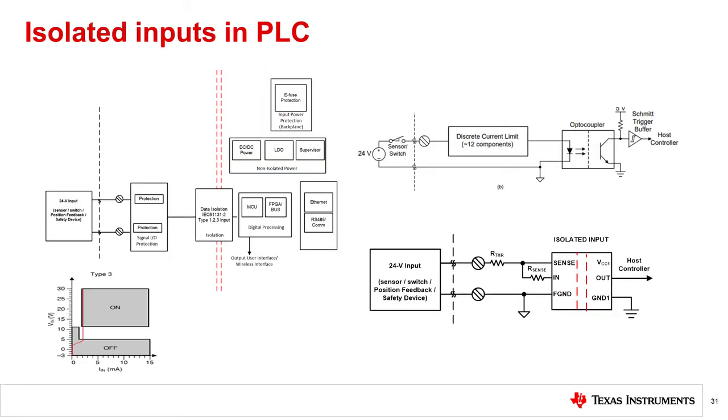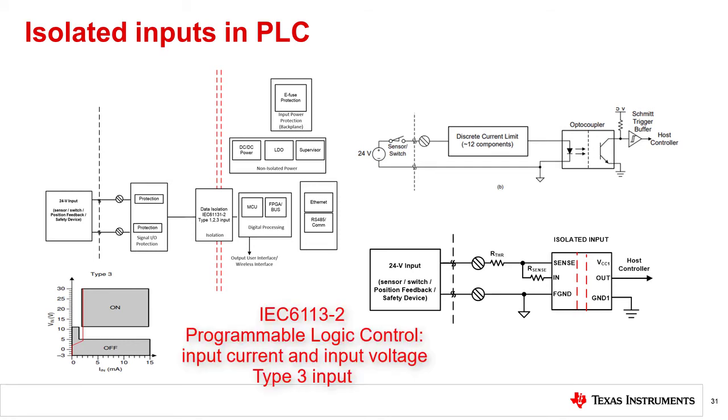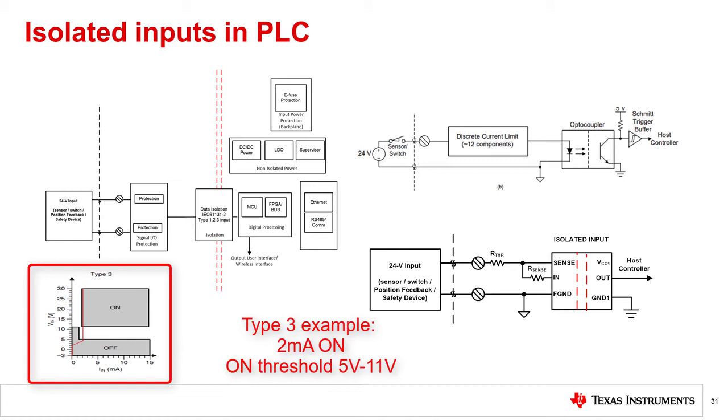Looking at the use of digital inputs in programmable logic control, the function of the isolated input in design is very similar to that of the motor control use, with slightly different priorities. The IEC 61131-2 standard for programmable logic controllers specifies 3 different types of digital input receivers, types 1, 2, and 3, with specific input voltage and input current relationships. As an example, implementations for a type 3 should draw close to 2 milliamps as possible in the on state, and have voltage transition thresholds between 5 and 11 volts, as shown here in the voltage versus current diagram.